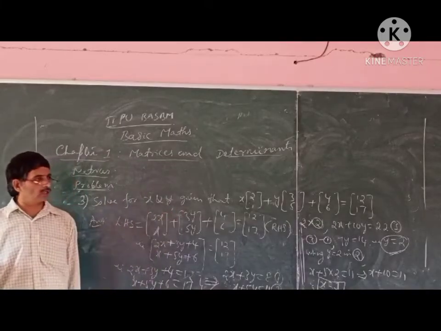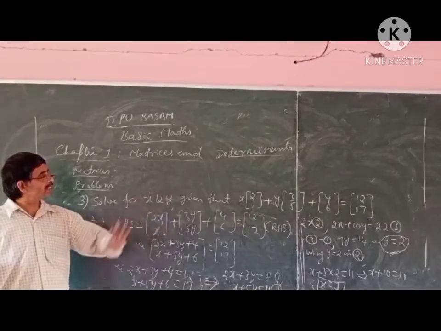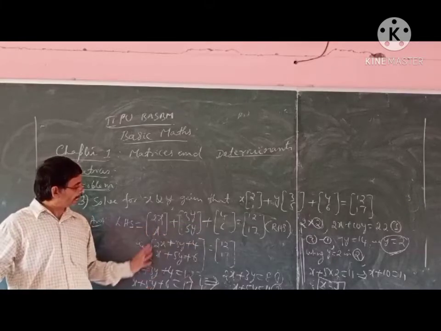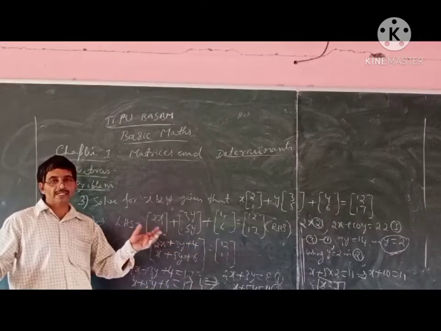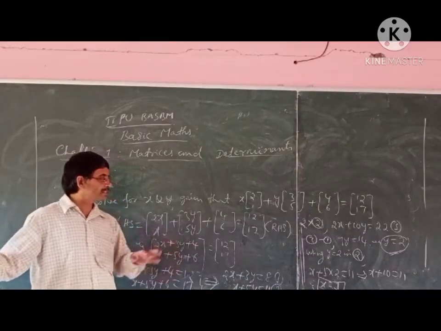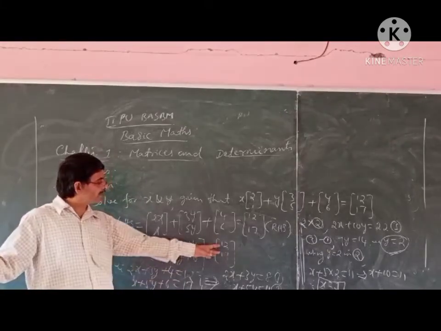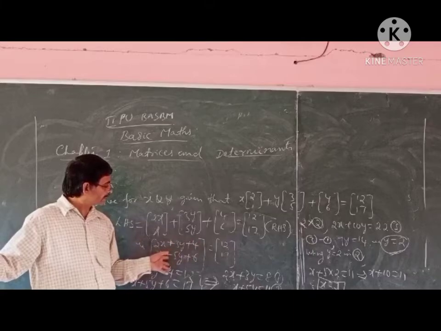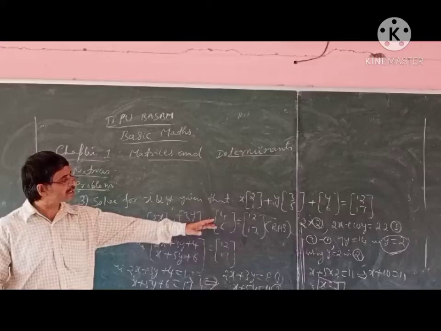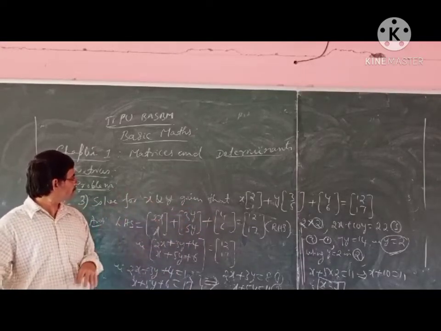This is how we can solve. We use the scalar multiplication method. Here we have done the scalar multiplication on the left, then added, then compared the corresponding elements. First element with the first element, like that. Always compare the corresponding elements of the left hand side and right hand side. Here the order is only 2 cross 1, so not many elements are there. Compare, and we get two equations in two unknowns. There are many methods; I will use this method and complete. This is how we can solve this problem.